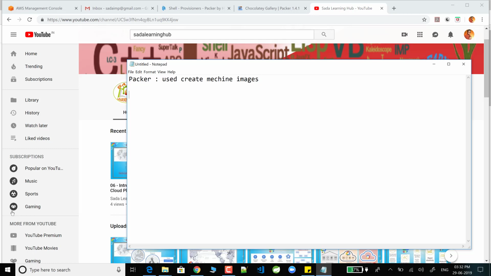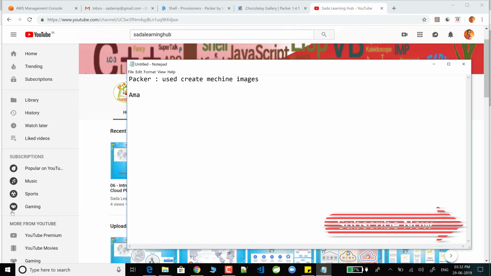After that, we will do automation by using Packer, creating the Amazon machine image. Amazon machine image means AMI. If you want to create an Amazon machine image, first I will show you the manual steps. What do we need to do in the manual steps here?